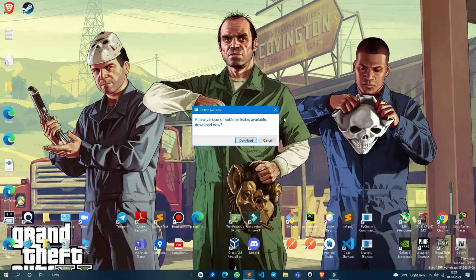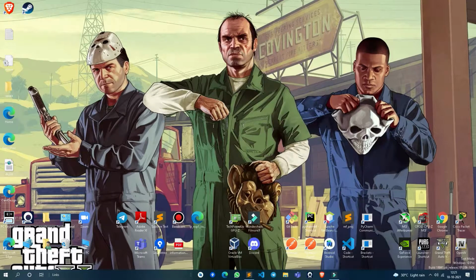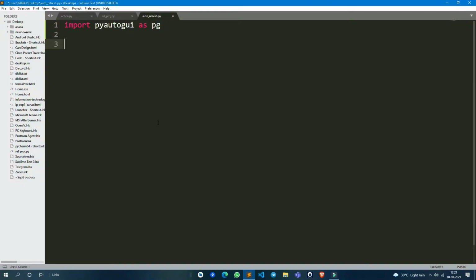Like this is my desktop, so I want the refreshing to happen in this area. So I have to figure out what coordinates will be feasible. Let's do this. First of all, pg dot click.